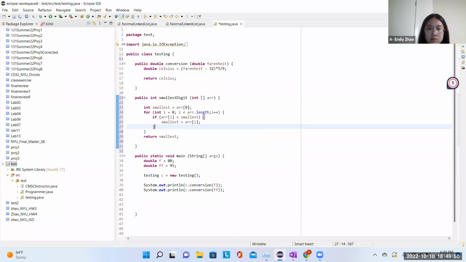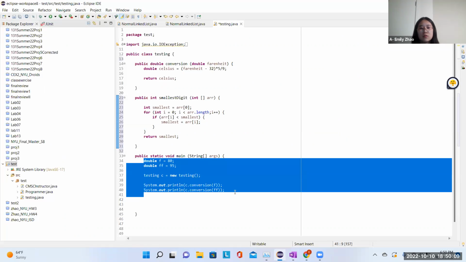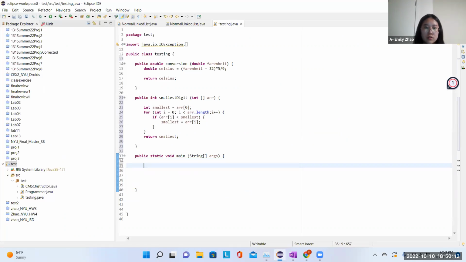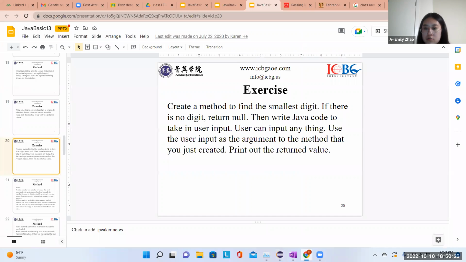And then let's see what they're saying. So our job is you can use an input. Use the user input as the argument to the method they just created and print out the term. Okay. So then they're saying we're gonna make an object of type testing. It says the user can input anything. So we need to do something like,